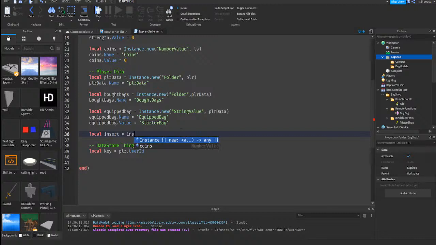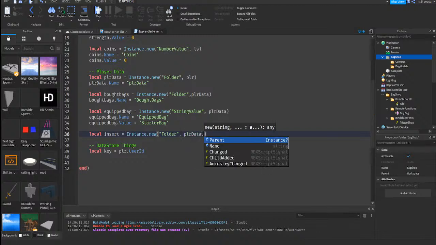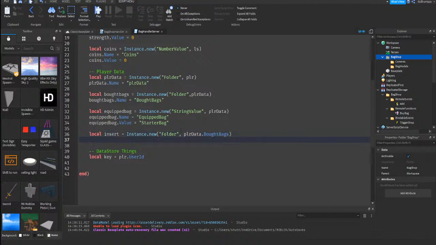So you would just do insert, and then folder, and then you would do playerData.boughtBags, then insert dot name is equal to starter bag. You would do that if we're having it default equipped, but we're not going to do that because in our data store it will be